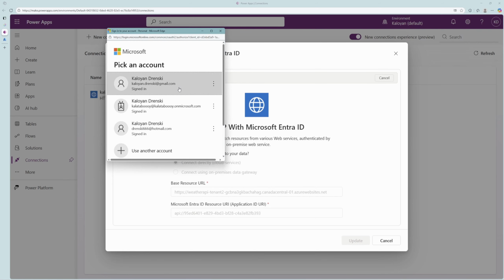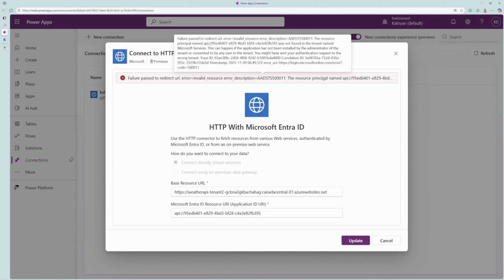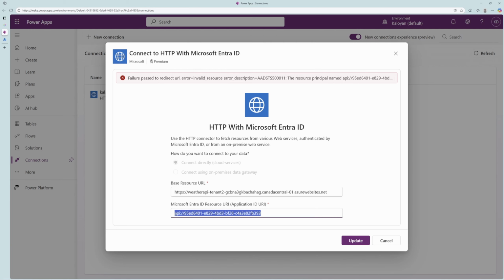Now I'll log in with the account from the other tenant. So Copilot Studio lives in this tenant here, and I'll log in with this other tenant now. And let's see what we got. And it says that you might have sent your authentication request to the wrong tenant. This is because there is no such application ID in your context tenant, which is the tenant of Copilot Studio